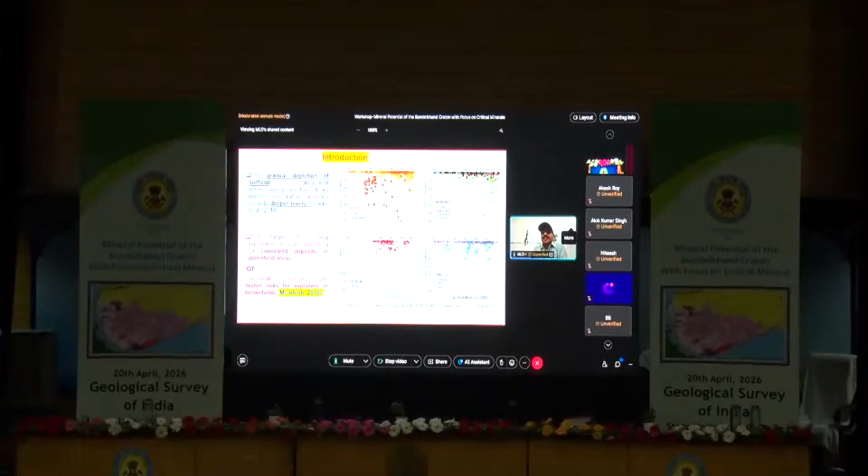This diagram, as we all know, shows that the gradual depletion of surface and shallow mineral resources has driven the mineral exploration agencies toward the deeper level. So, the future mineral exploration involves searching for concealed deposits in a greenfield area or a greater risk in a brownfield area. There are only two scopes left, and all known groups have been discovered. This figure